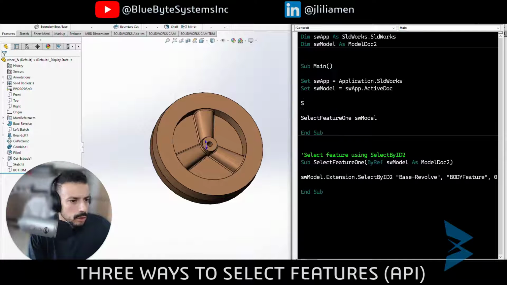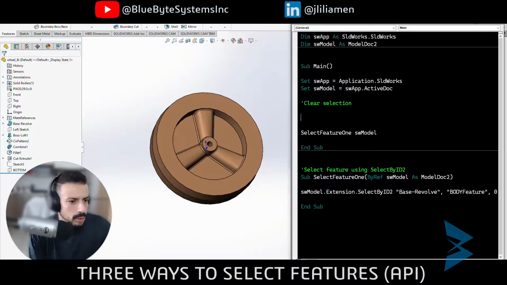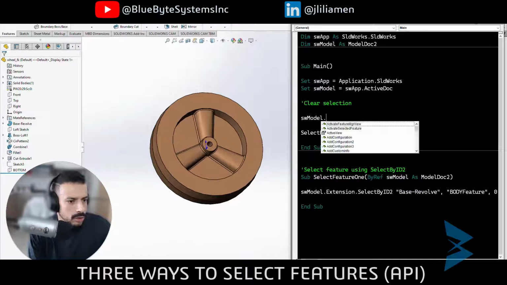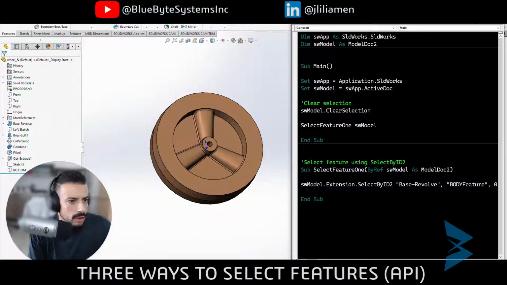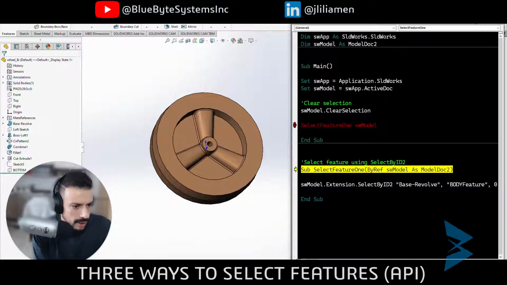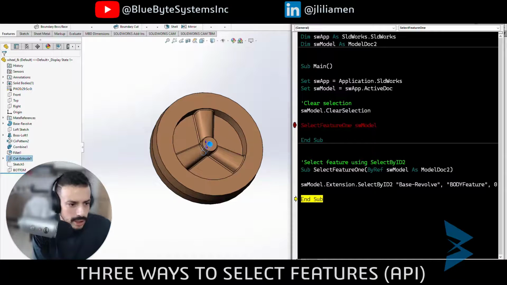Awesome. Now let's call SelectFeature1 in here, and we will supply it with the SWModel. Before we do that, let's just clear selection. I'm going to run this macro multiple times. So SWModel.ClearSelection. The ClearSelection method in the ModelDoc2 interface will clear any existing selection. And we can start by clicking on the green button here. Let's put a breakpoint at this level. So do that and then press F8, and surely it